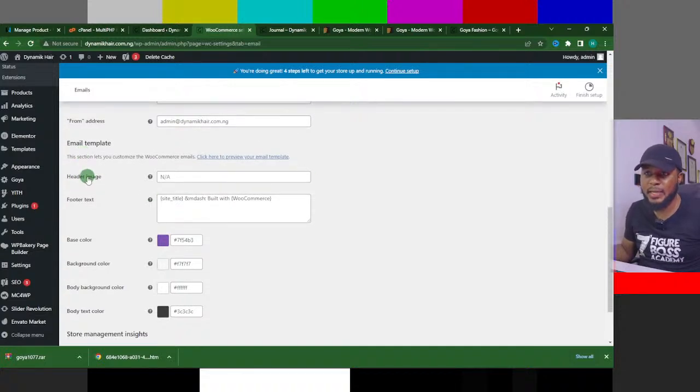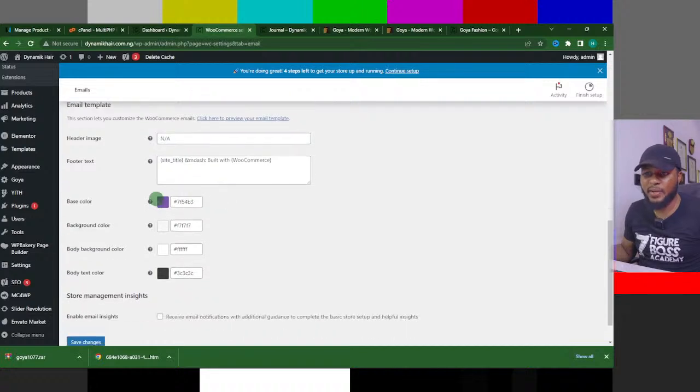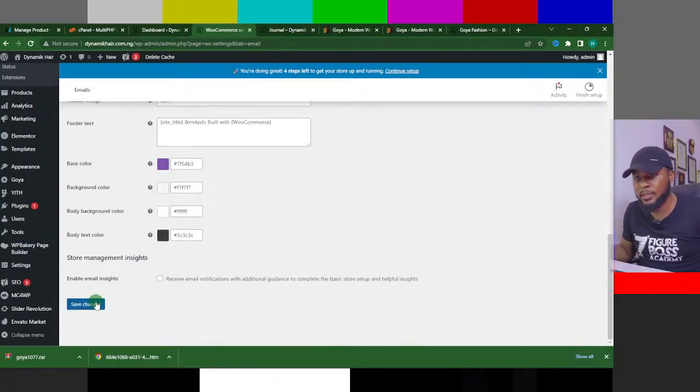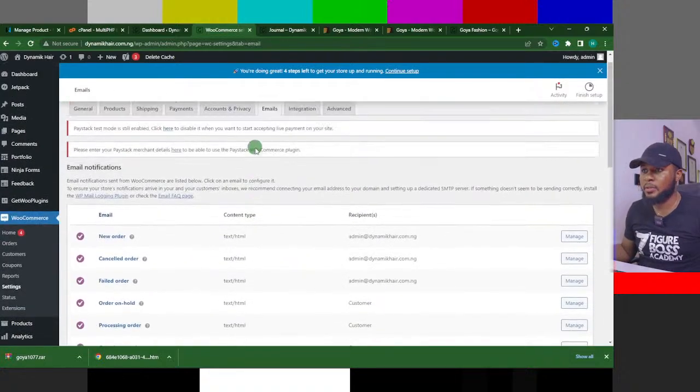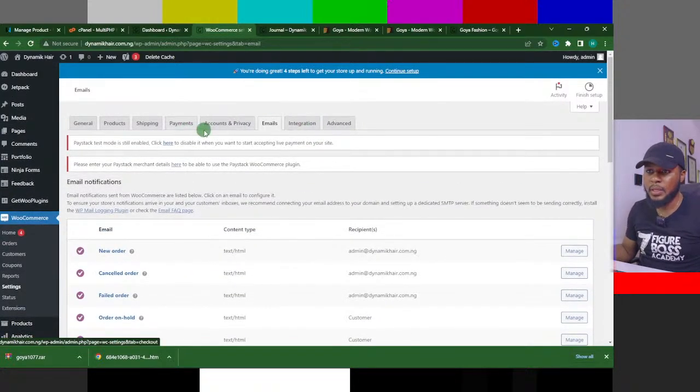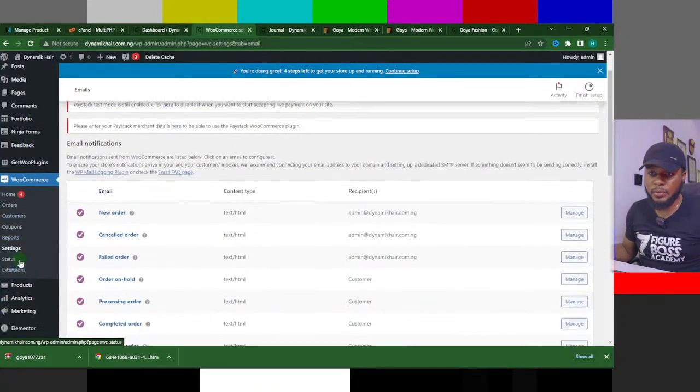Then email template, header, you put your header here, you put your footer here. I don't advise you even change anything here. So you can also change the email color and all that, and then save. And that's all. So that's just about it. Let's quickly run to